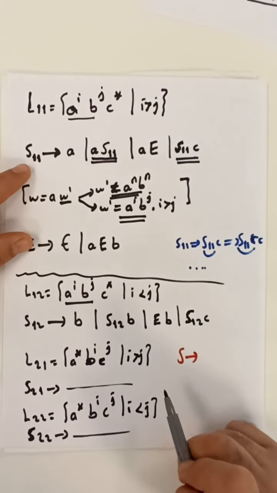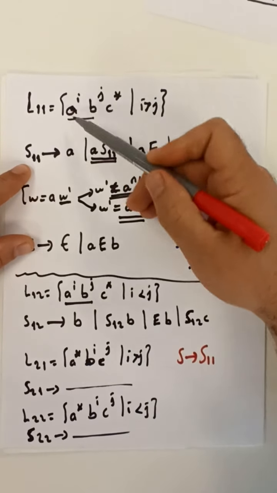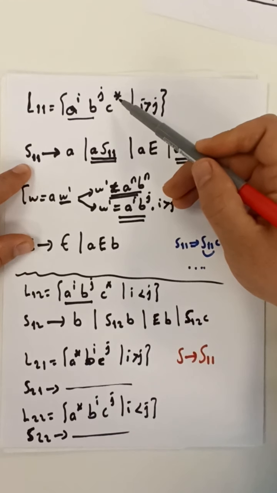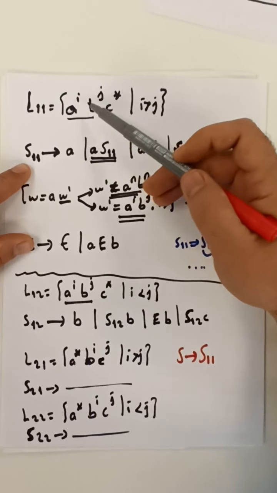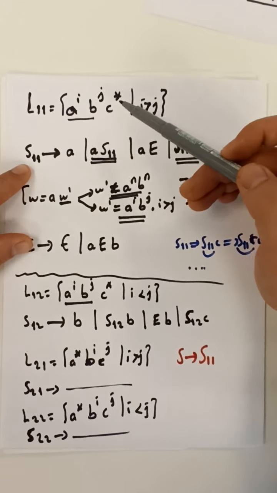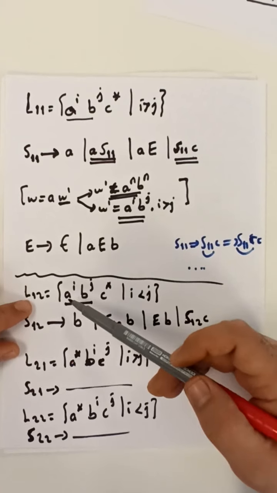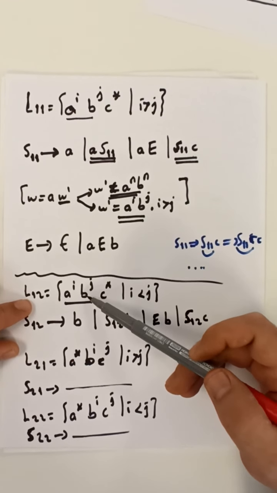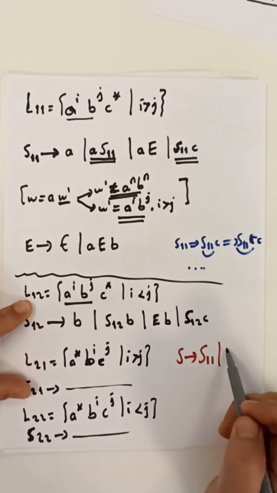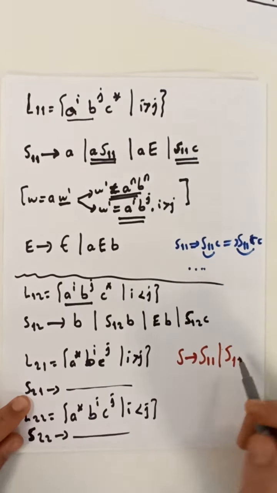S may correspond to strings generated with S11. Basically all strings of this format, A to the I, B to the J, C to the star. Number of A's is greater than number of B's, and we have any number of C's. Or we can have strings of this format, number of A's is smaller than number of B's, followed by any number of C's. So we can have S12. If you write down the grammar for these ones as well,